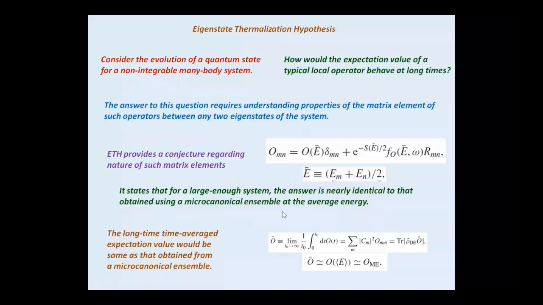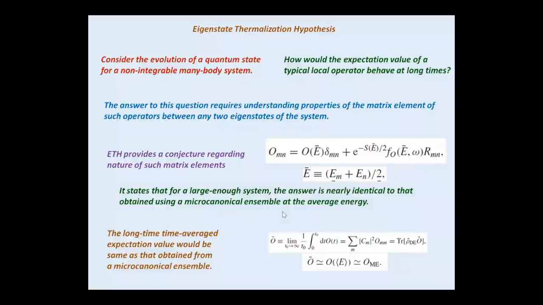So let me begin with the introduction. The first concept that I would like to introduce is called the eigenstate thermalization hypothesis. To understand what this is, first let's ask the question: how can we chart out the evolution of a quantum state for a non-integrable many-body system? For example, I could ask how the expectation value of a typical local operator behaves at long times for this kind of many-body state. If I take any local operator and take its expectation value as a function of time,